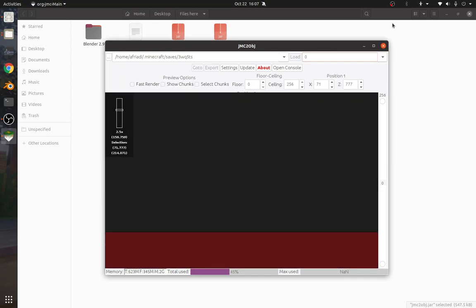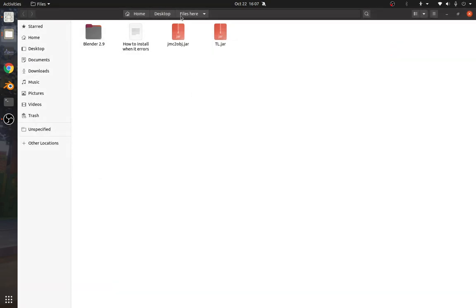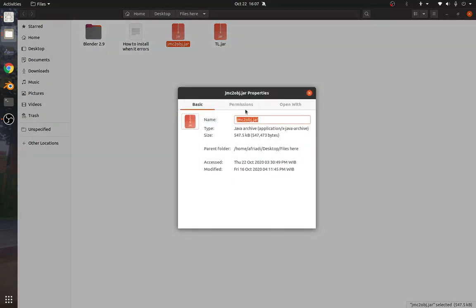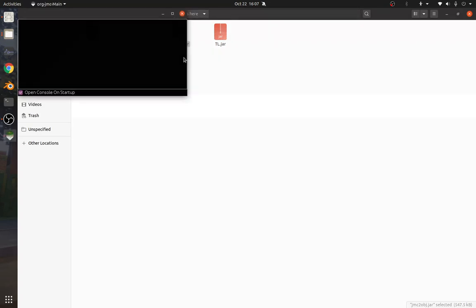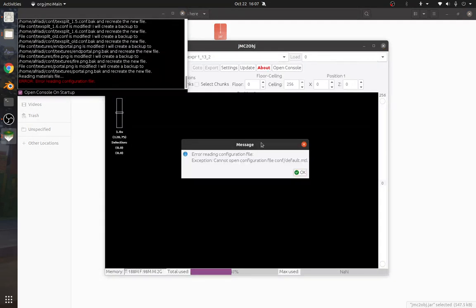So what's my solution to fix this? Make sure the directory or the permissions are right. Okay, open properties here and set it to read and write, and then close this and reopen again. If the problem still exists here,